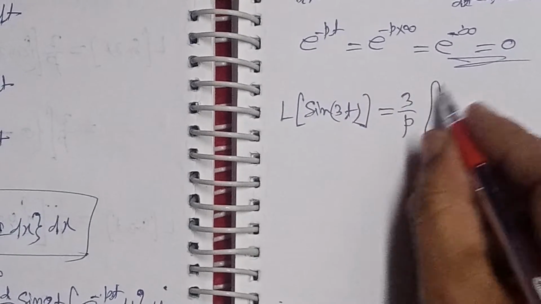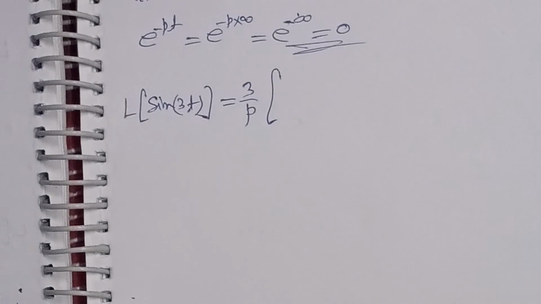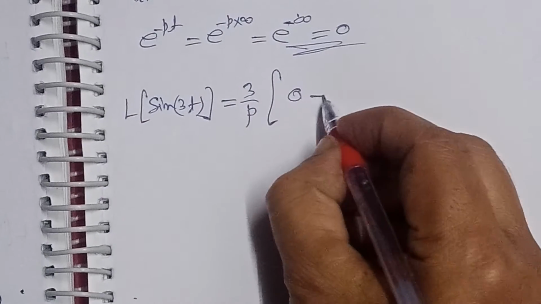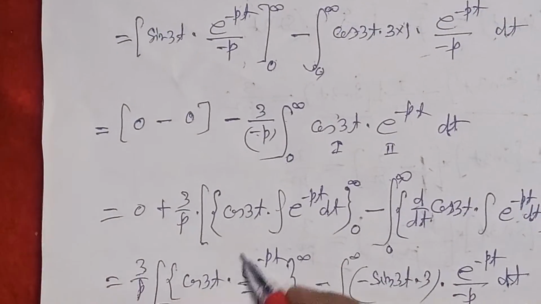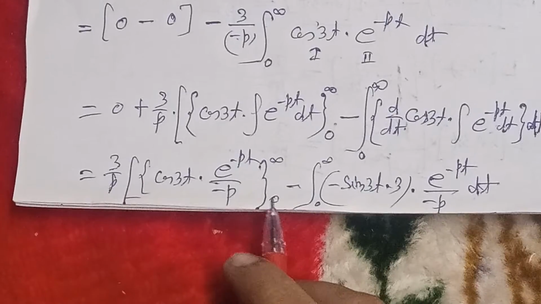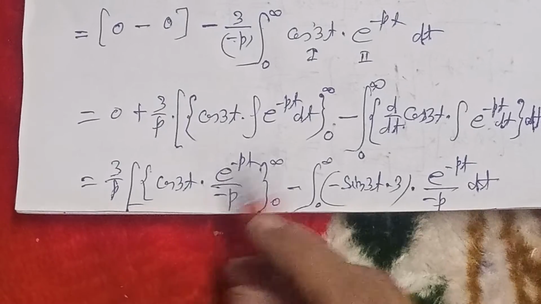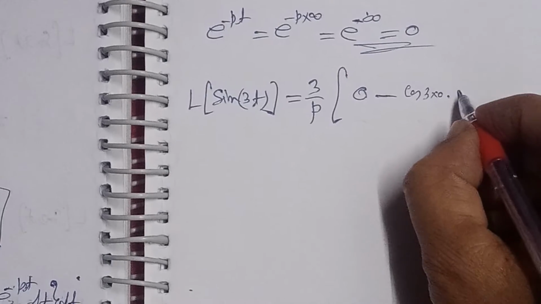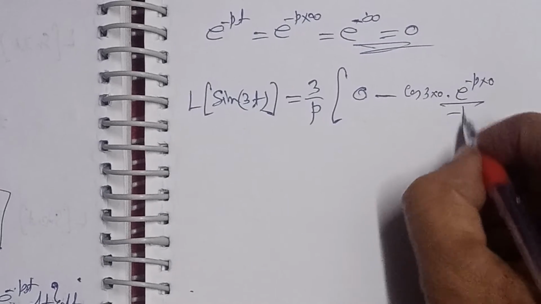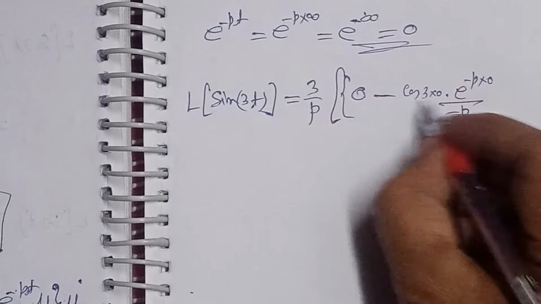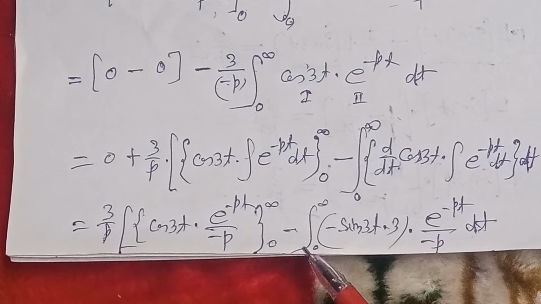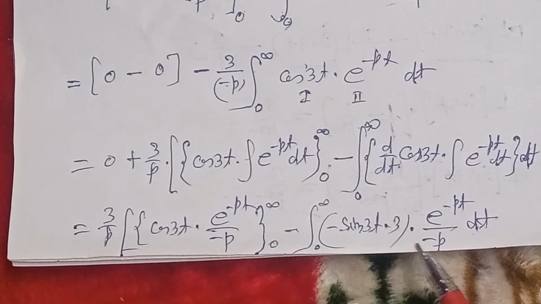The upper limit is 0, and for the lower limit, by putting the value t equal to 0 in the whole of this value, which is cos 3 into 0 multiplied by e to the power minus p into 0 upon minus p, upper limit minus lower limit. I apply this limit, and this minus sign